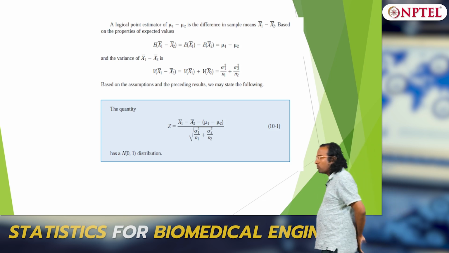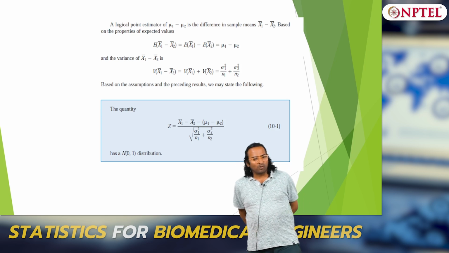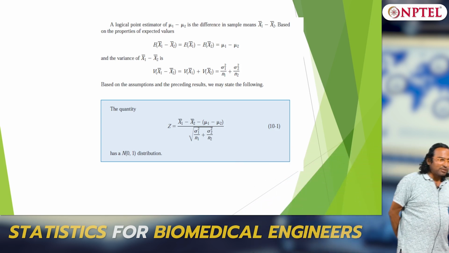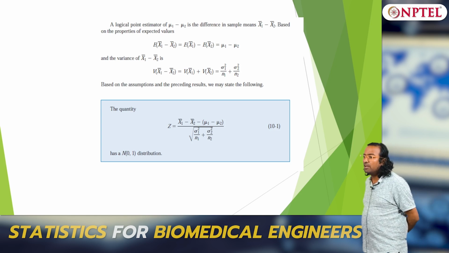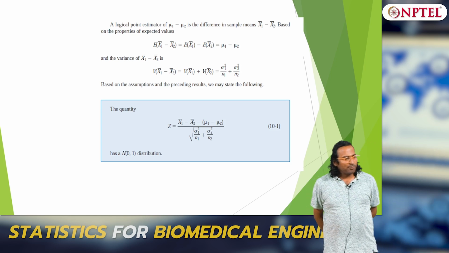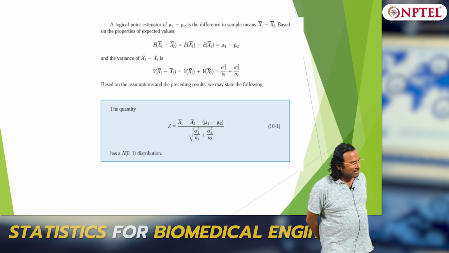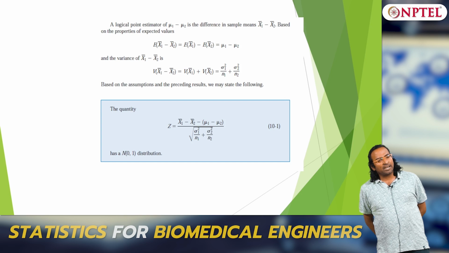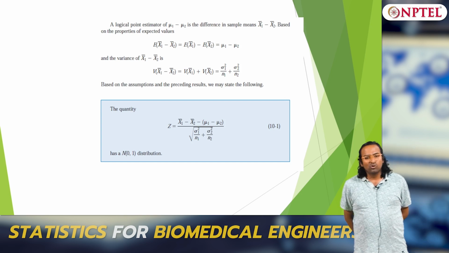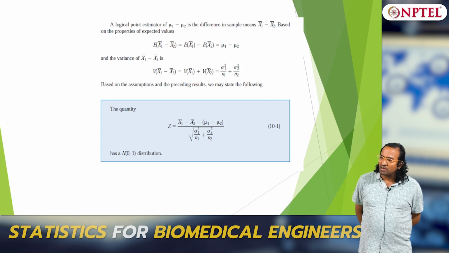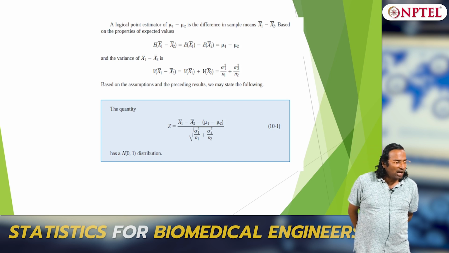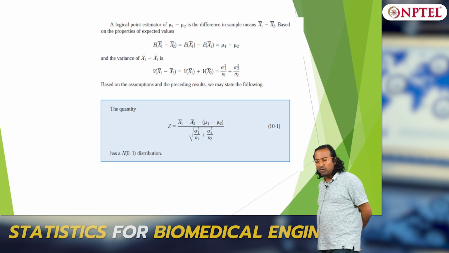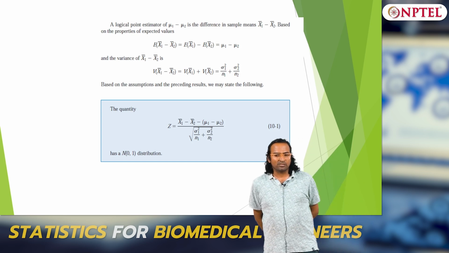So what is the hypothesis? The null hypothesis is going to be on what? Mu1 minus mu2. Remember, the null and alternate hypotheses are always about the truth. So the null hypothesis is on mu1 minus mu2, simply mu1 minus mu2 equal to 0, and the alternate hypothesis could be mu1 minus mu2 greater than 0, less than 0, or not equal to 0. Equal to 0 is your null hypothesis.